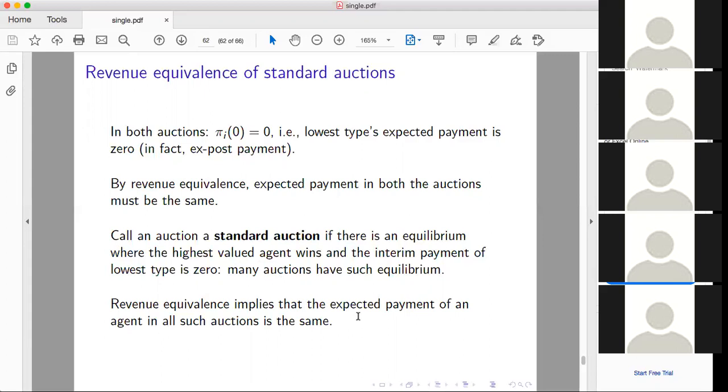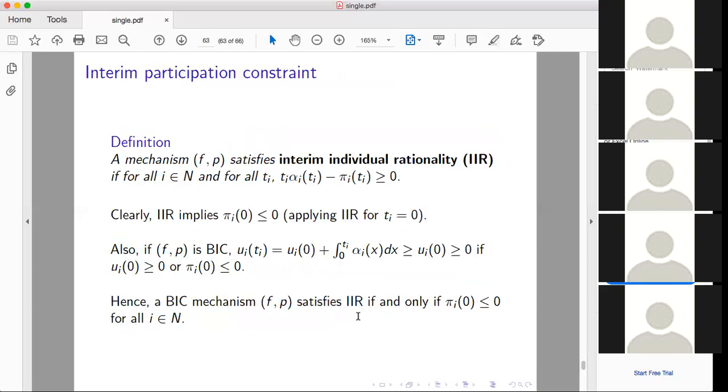And the driving feature which implies this result is that the allocation rule in equilibrium of these auctions is the same, and the interim payment of the lowest type is the same. That is basically driving all these results. So if you remember this, this is the key takeaway from this lecture. And just to conclude,